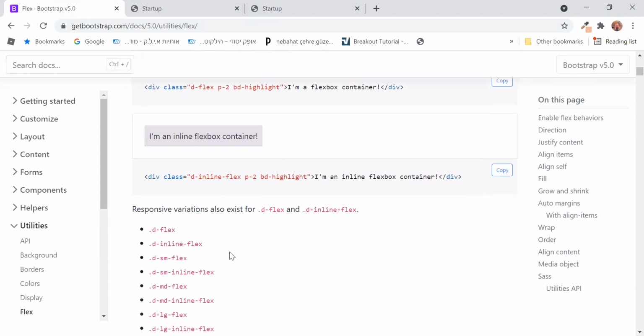But I'm just going to see the responsive variations also exist with the flex. The names of the classes, if there is a dot in front, it's the name of the class. So if you want to bring the specification of the flexbox to your web page in Bootstrap, you can use the name of this class, d-flex, okay? I just go to my